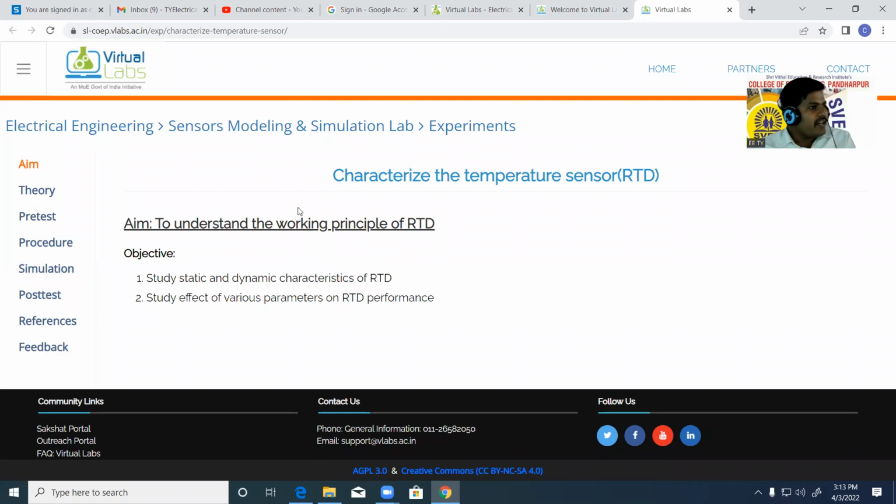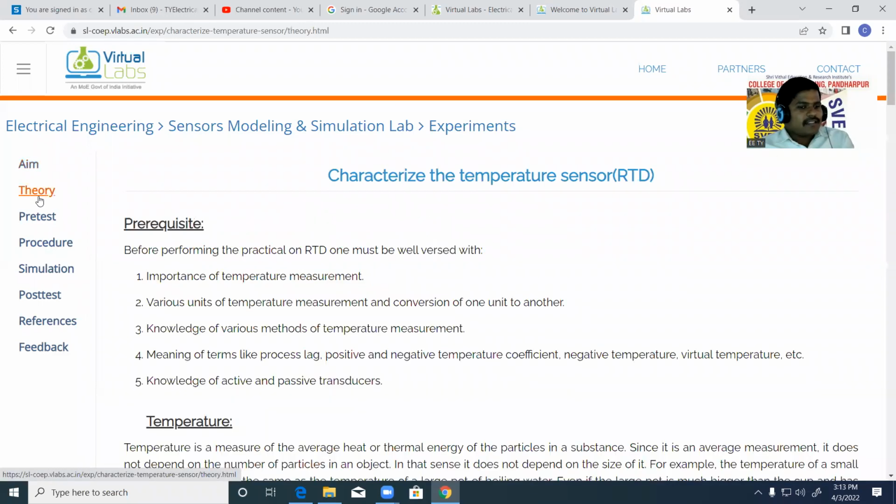Okay, as we have discussed, there are some parameters like environmental parameters and some interference on sensor performance, similar to that of RTD. RTD is nothing but a sensor, and we check whether there is an effect of different parameters on that RTD, that is the sensing element, or we can call it a resistive temperature detector. So we will discuss the theory.